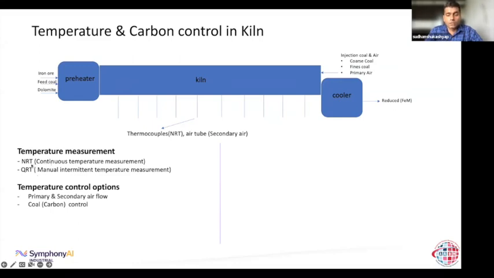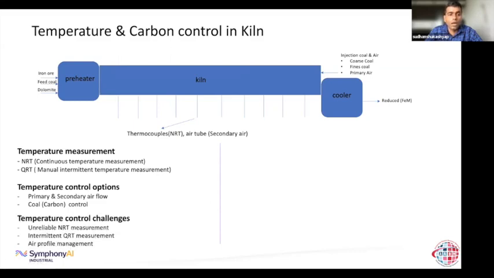So these are the two sensors available, and temperature control options. We have primary and secondary airflow. Of course, we could increase or decrease the air to aid combustion or reduce combustion, and of course the coal itself. So how much feed coal or injection coal you are putting, these are some options available to do the temperature control. And challenges, as we discussed, the unreliable NRT temp measurement,